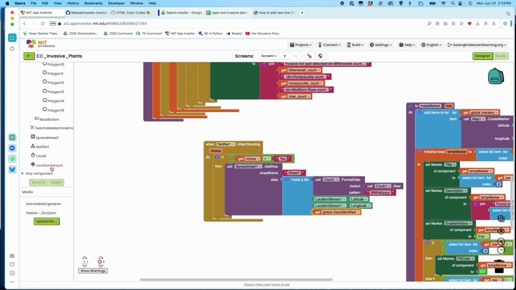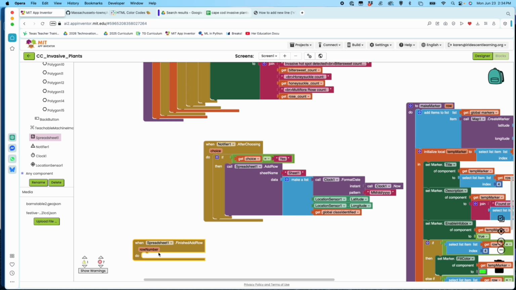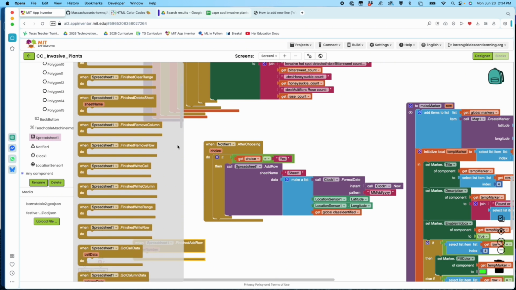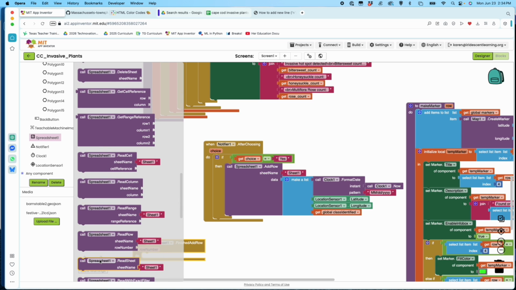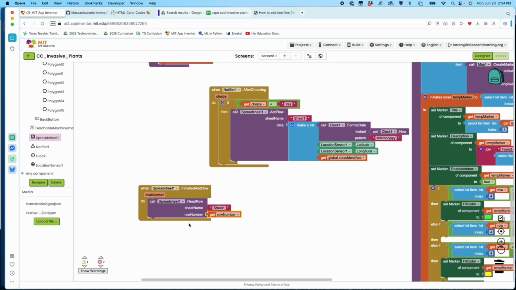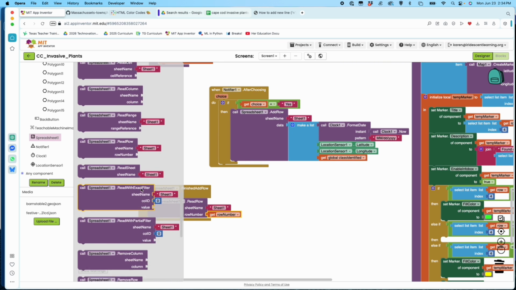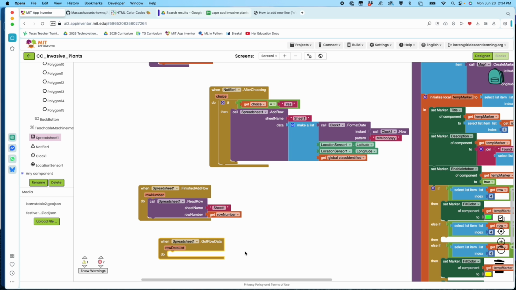and then for spreadsheet, when it returns, so it says finished adding the row, it tells us the row number that it added. So this is a little bit convoluted, but then we're going to say, well then, once you've added it, go back and read that to me and give it the row number. And that means that we then have to do a when the row is read. So when I've got the row data,